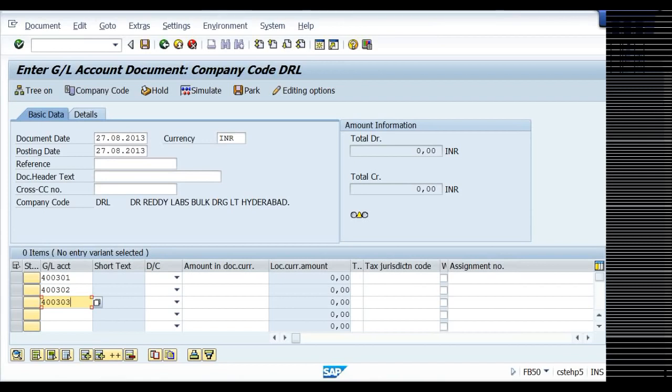Like that, all these you can debit as expenses, and the credit is to the bank account. Say office rent 22,500, telephone expenses 9,900, office maintenance 4,400. For the total bank, I can use a star so that the system will copy the total.